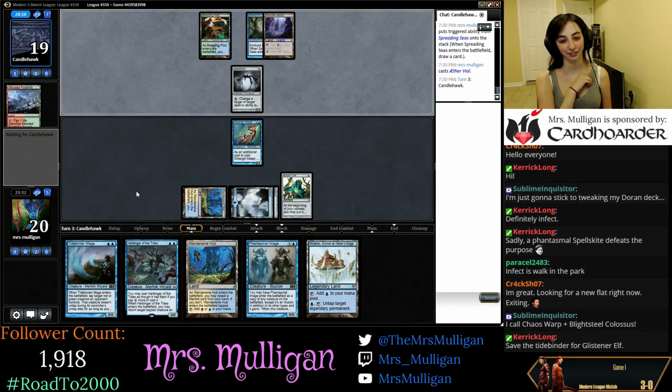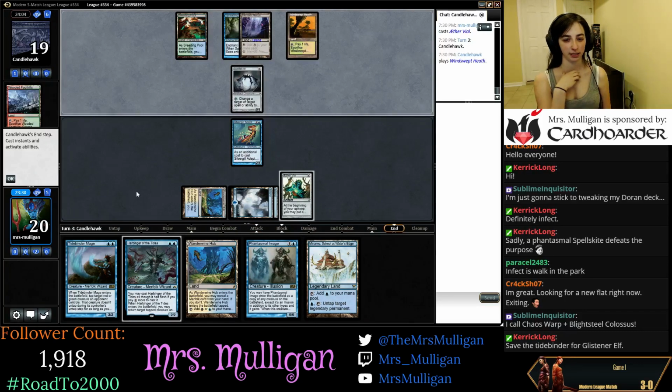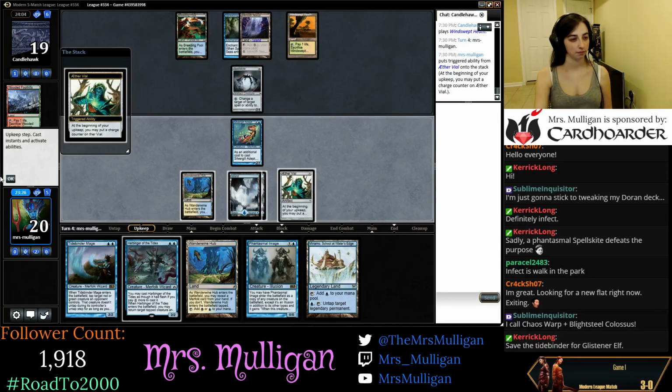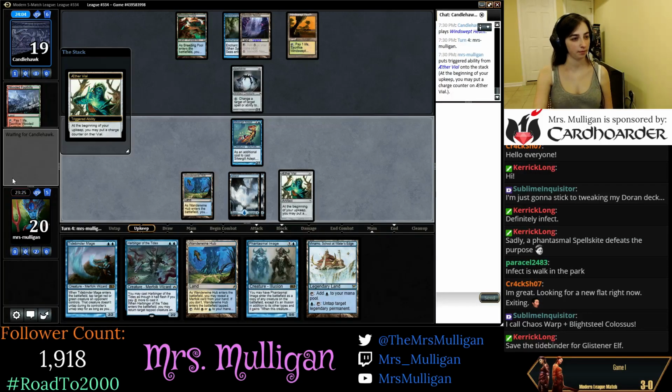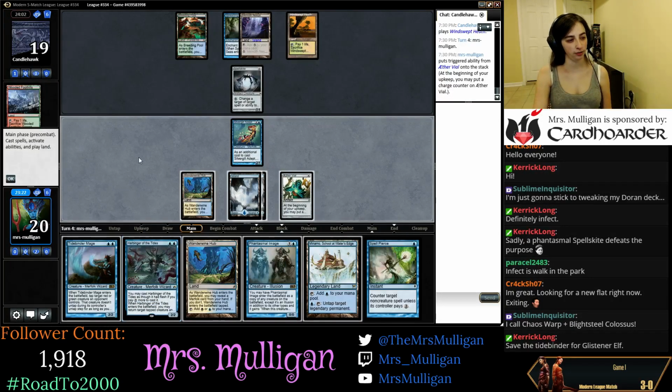Yeah, that's true. Phantasmal copy of Spellskite is pretty bad. Yeah, the Tidebinder needs to be for Glistener Elf. And once we get Vial on 2, that Harbinger will be really good. Alright,